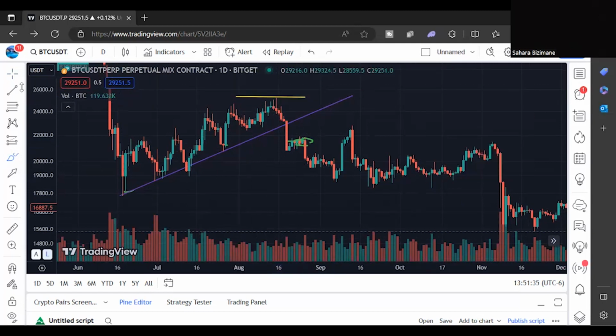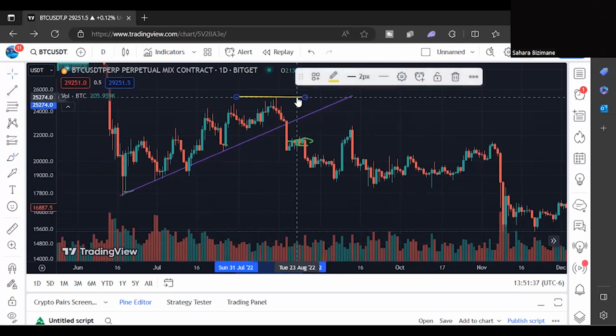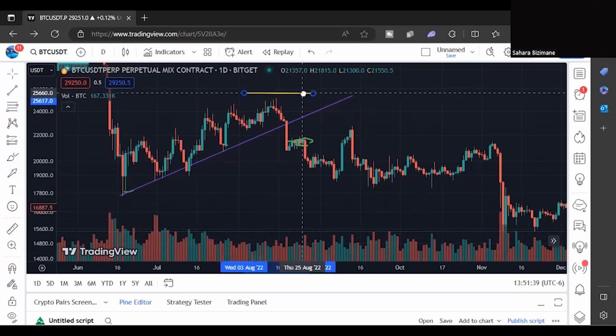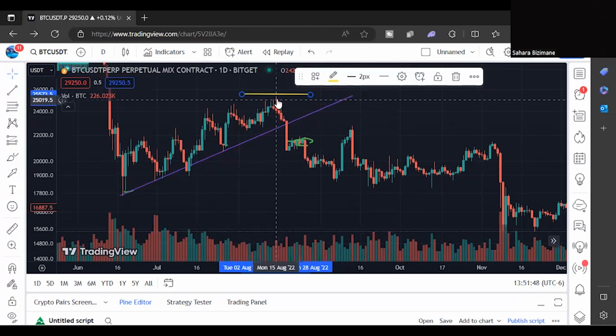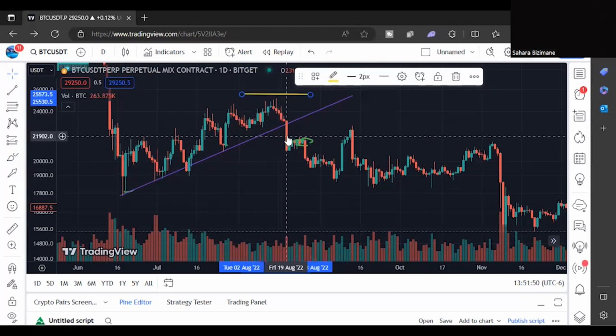You never want it to be right on it. You just want it to be just slightly above it like this, okay? Why would you want to do that? Well, one of the reasons why is because whenever the price breaks out of an uptrend line, there's two things